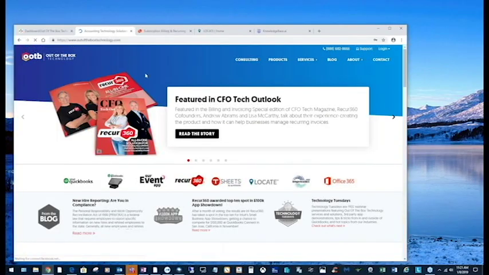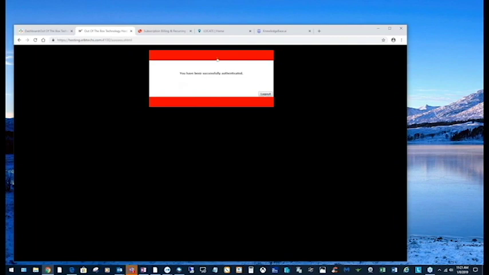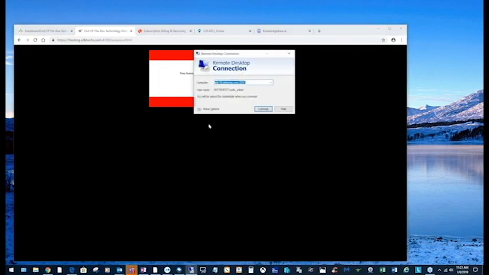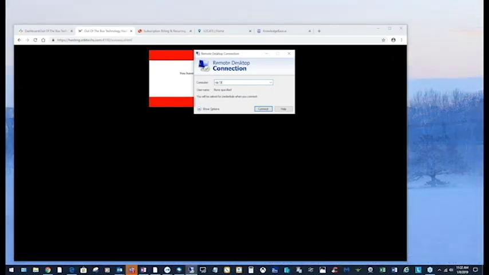Now once I'm logged in, it redirects us back to the web page. And if I was to go back there again, it will tell me that I have been successfully authenticated. Now, in order to access our hosted desktop, we use Remote Desktop Connection, which is already a part of the Windows operating system. To get logged in there, I'll enter the server, which is P19 in this instance. On our hosting, we have the last 3 years, so you could have QuickBooks Pro, Premier or Enterprise 2017 through 2019, depending on your license or your subscription for Enterprise.